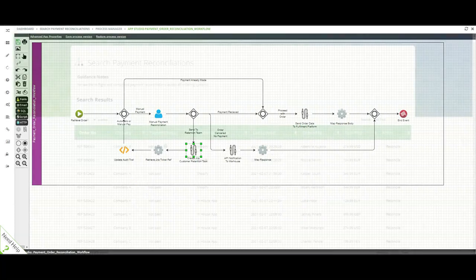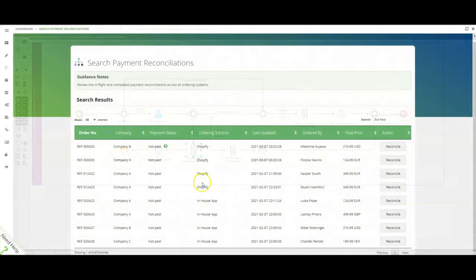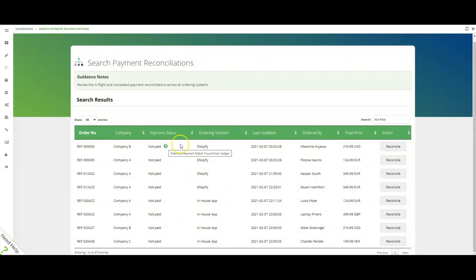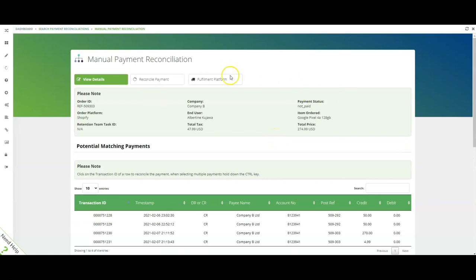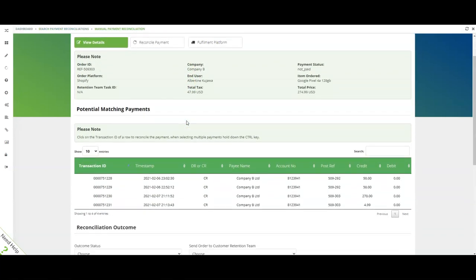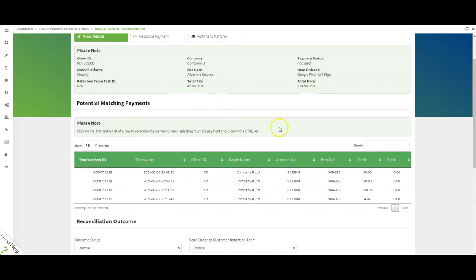So if we jump back into the end user view, what I'll do now is jump into an order which hasn't been automatically reconciled by the system. Now this is a minority of cases, but in Symbox we always offer the fallout management screens. So here you can see the order details at the top and then the potential matching payments at the bottom. You can actually see here there are two payments which sum together to match up with the total order